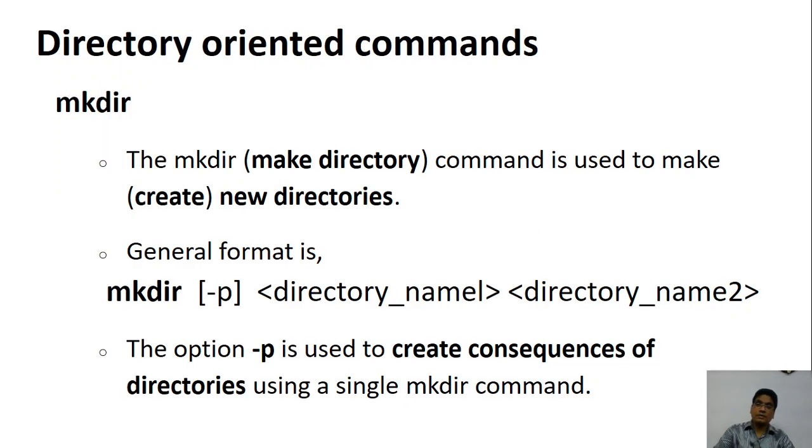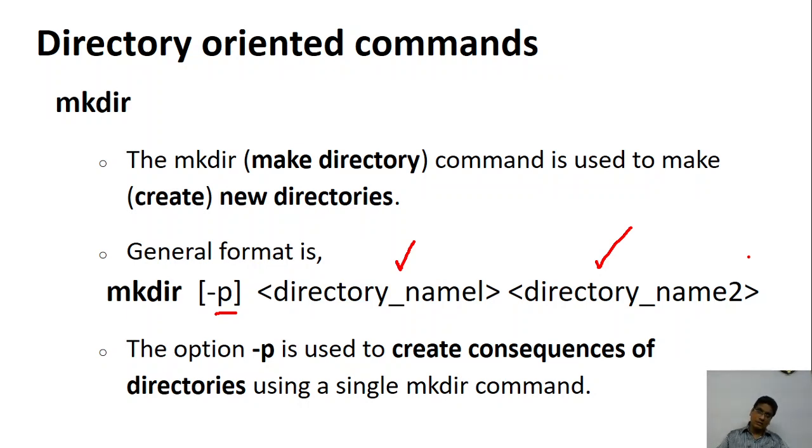Now there is one option with the mkdir, and let me go to the PowerPoint and then come back to you. So this is how you can do it. With mkdir, the syntax is -p is one option that is available. Name of the directory, space, name of the directory, and name of the directory. You can create n number of directories in one shot. So by specifying mkdir followed by all the directory names, if they contain spaces, put the double quotes.